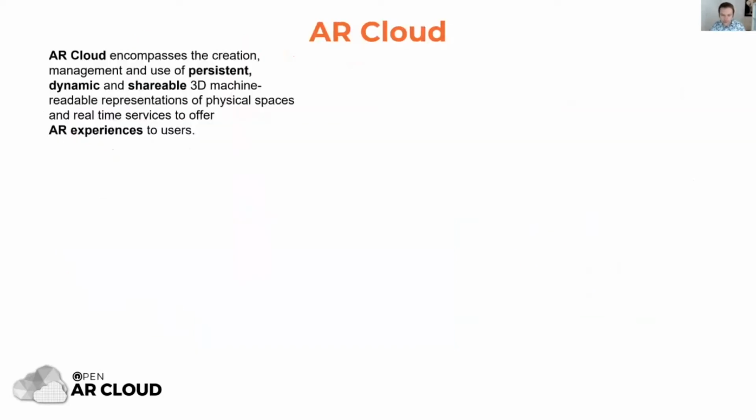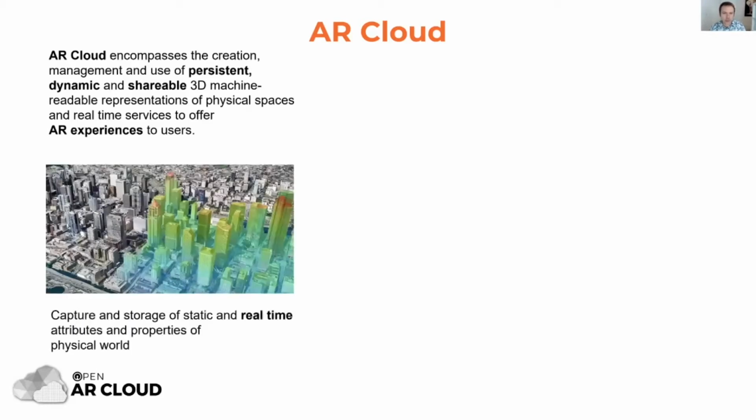So with all of that in our minds, now we can try and define AR cloud. AR cloud technology really is essentially the creation and management of persistent, dynamic, three-dimensional, machine-readable representations of the world. So it is the physical space, and when you do this shared representation, you can have multiple users interacting and having AR experiences in the physical world. The most fundamental aspect, of course, is the mapping. You capture the world, you capture the atoms and represent them.